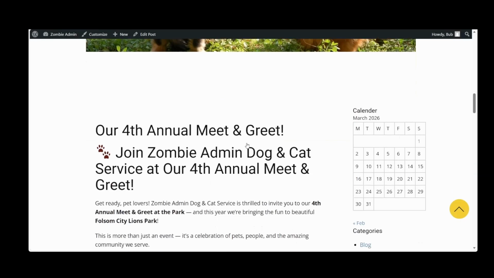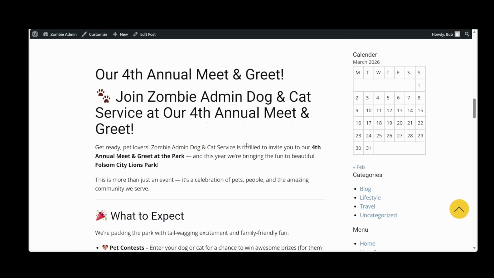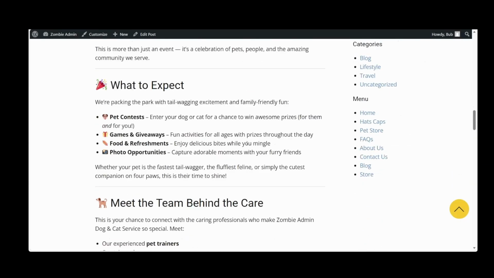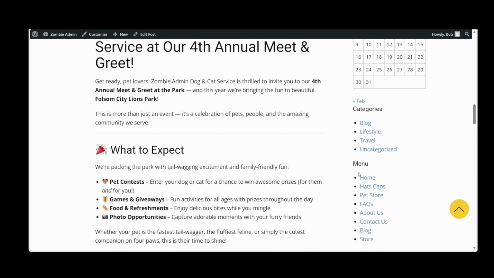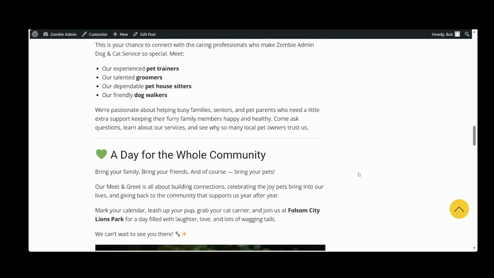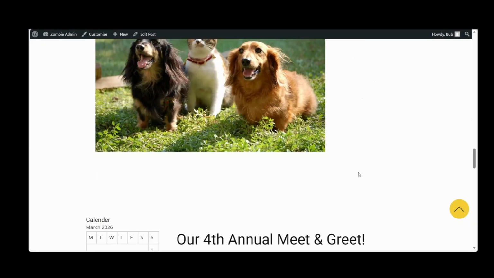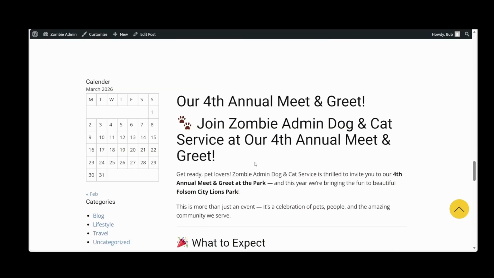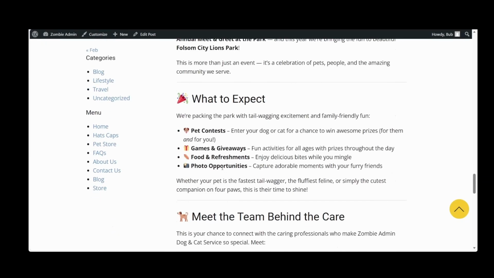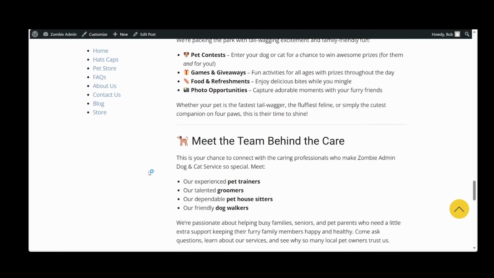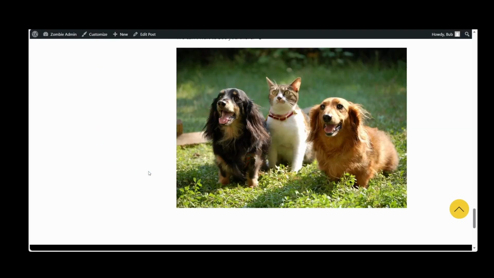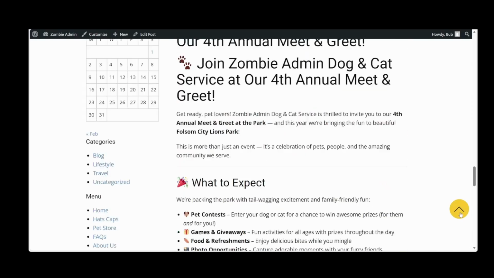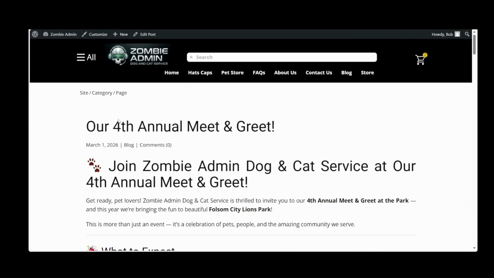Here is sidebar right. Here's our menus and category. Picture on the bottom here. Here's our sidebar left. Same thing, categories, menu structure, and image on the bottom. That came out pretty good. Let's go back to dashboard.